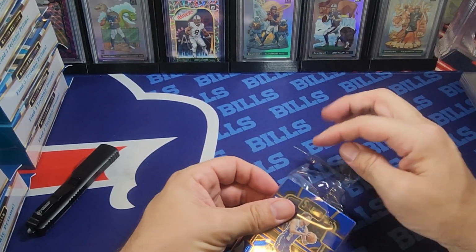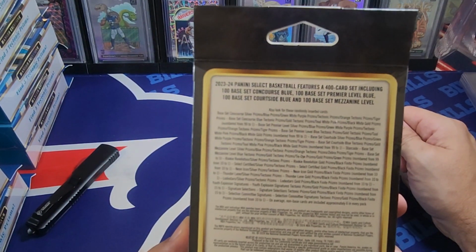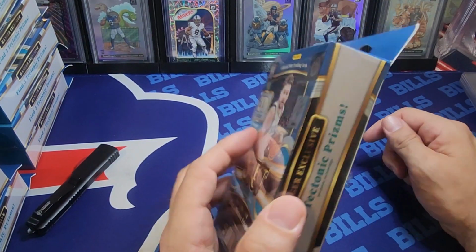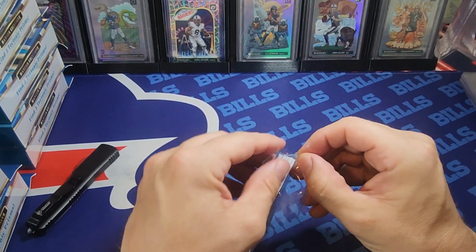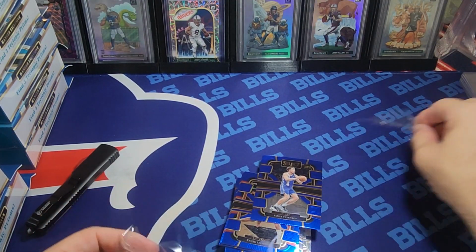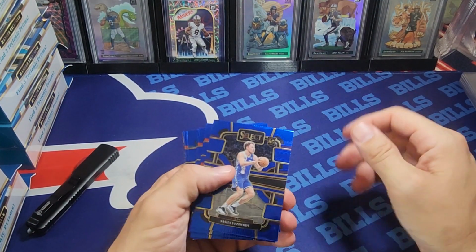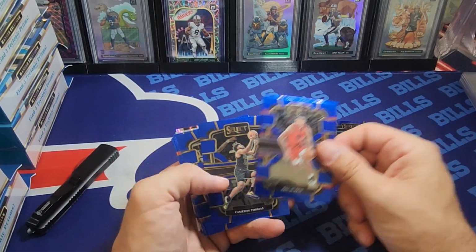You can hit some monsters in here. You can hit the Tiger, that's the case hit. You hit number cards to 1, so 101s. The ceiling is super high. Autos, 101s, you name it. Tigers, so the ceiling couldn't be higher, but the floor couldn't be lower. I think on my 5 of these, I hit 0 good cards. I think I hit a Wemby base. So it's probably the riskiest product Select's put out as far as value,